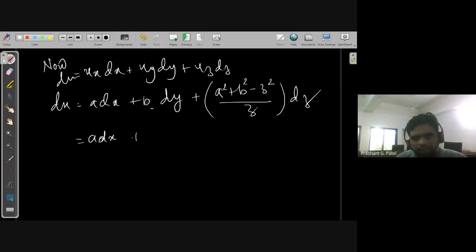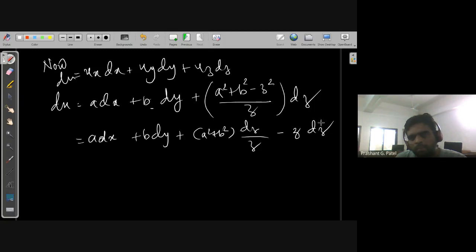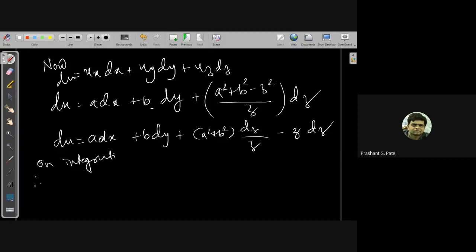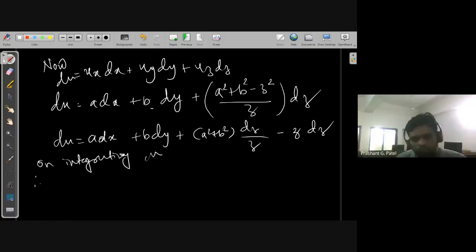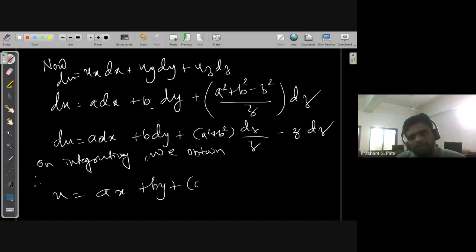So that is a dx plus b dy. This I can write as (a square plus b square) into dz by z minus z dz. So we'll divide this in this manner. This is equal to du. So therefore, if I integrate both sides, on integrating we obtain u equal to ax plus by plus (a square plus b square) ln of z minus z square by 2 plus another